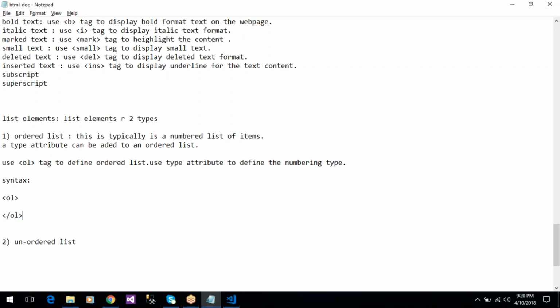Okay, so list elements are used to display a list of items. Like, we can display a list of city names, a list of fruit names, a list of country names. So like this we can display on the web page. So use li tag. So li means list item, ol means ordered list. Li is the list item, and in the ol tag,